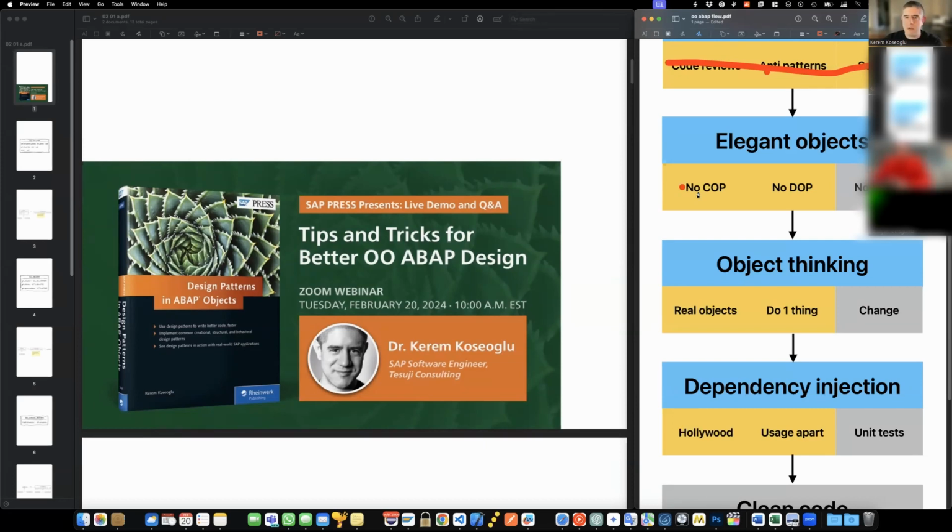Otherwise, we can just open 20 or 30 regular function modules, and they would give you the same result. You wouldn't have any of the advantages of using classes. So keeping this in mind, what does class-oriented programming mean?